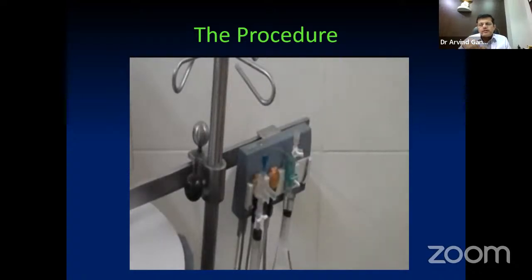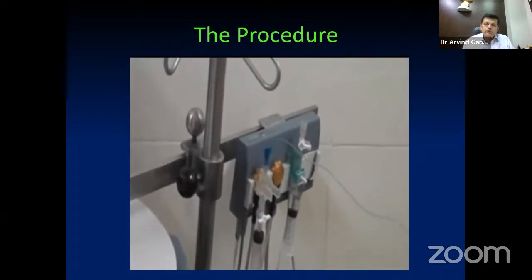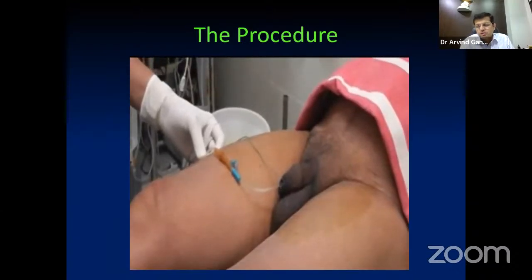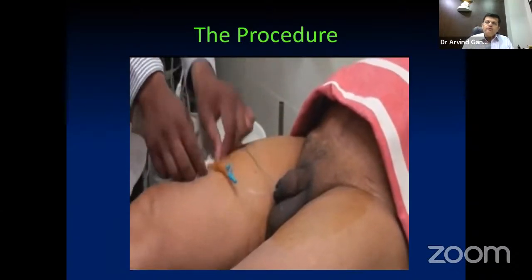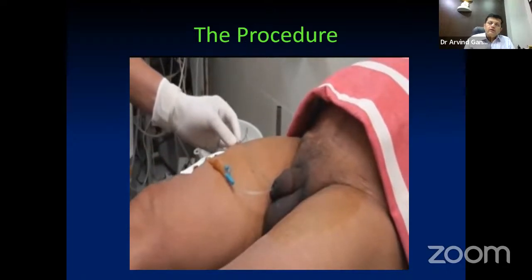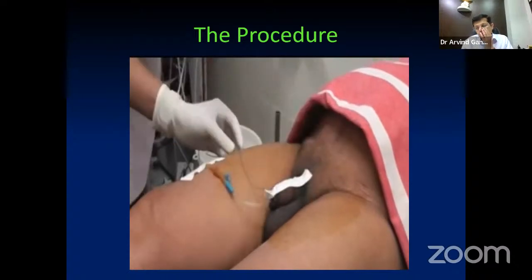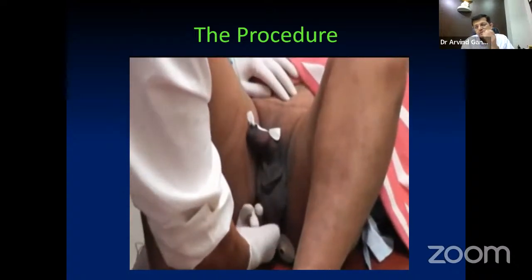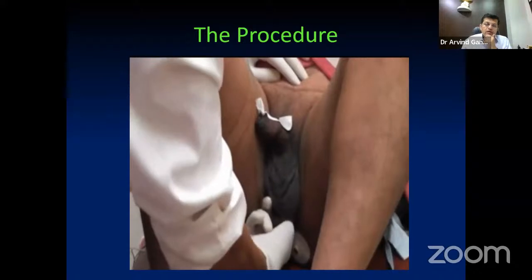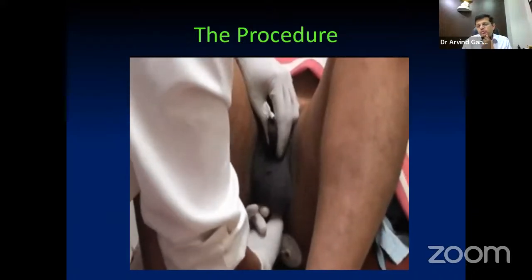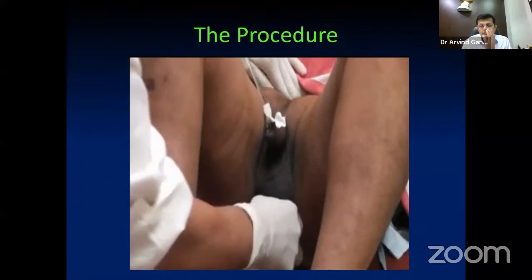Now the lines should be connected to the transducers, and you have to make sure which transducer is for what, which is for the intravesical line and which is for the intra-abdominal line. Make sure that you calibrate them properly. Make sure that there are no air bubbles. Using a syringe and needle, you always make sure that the air bubbles are taken out. Insert the rectal catheter inside, so that you will be able to measure the intra-abdominal pressures.